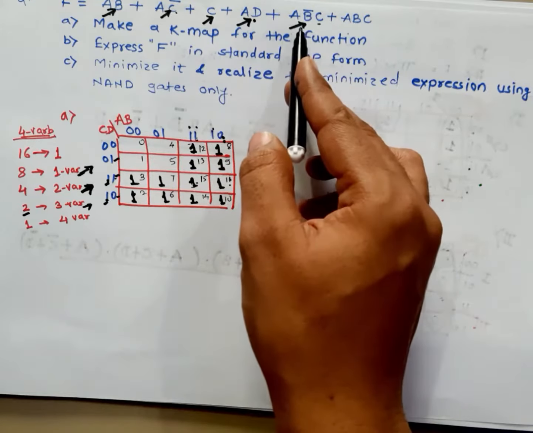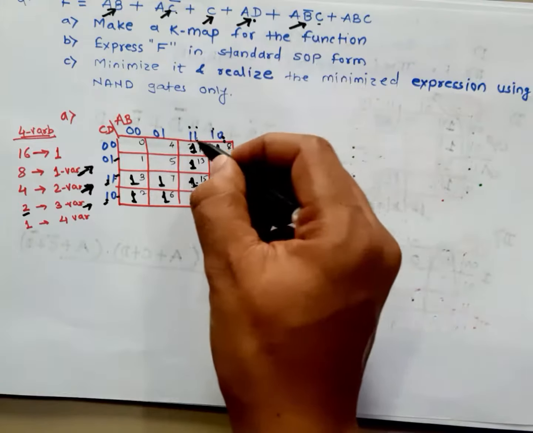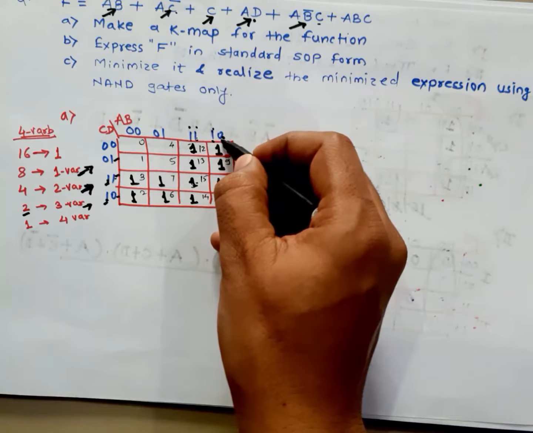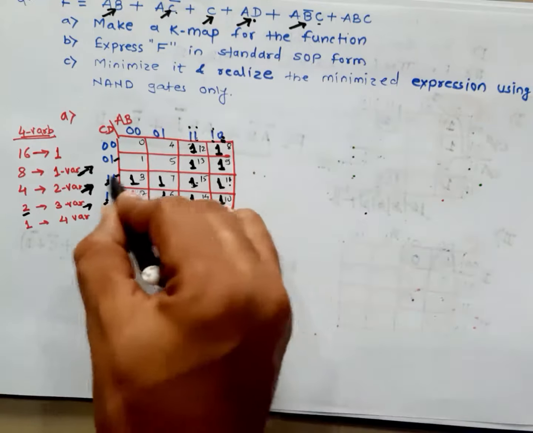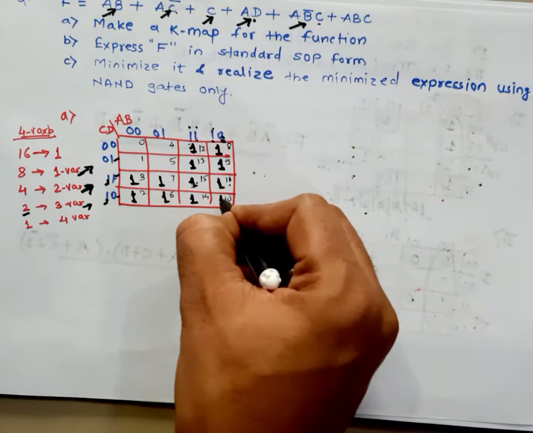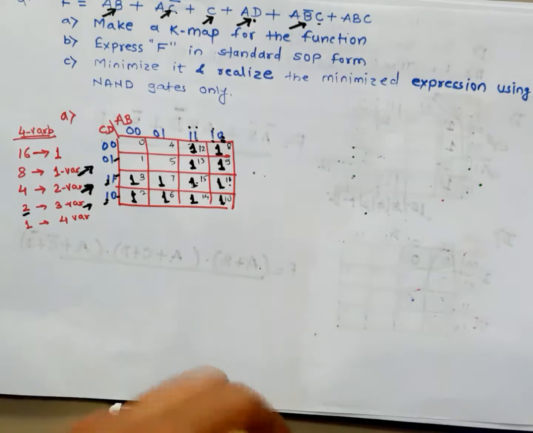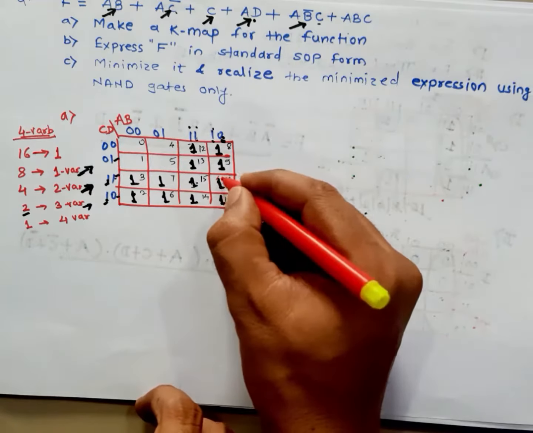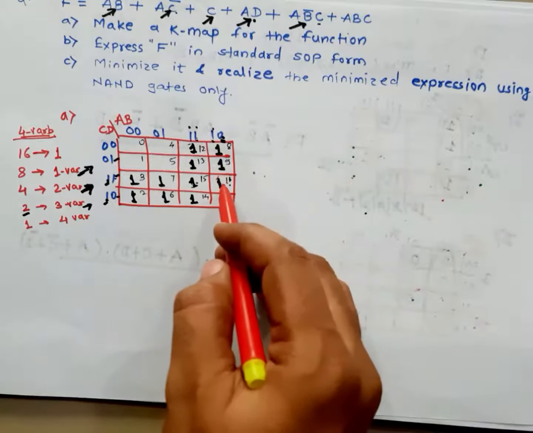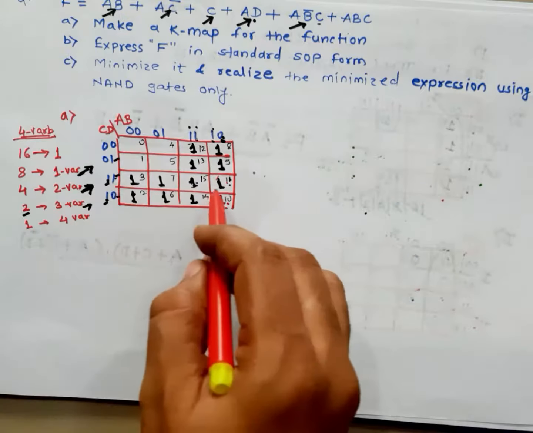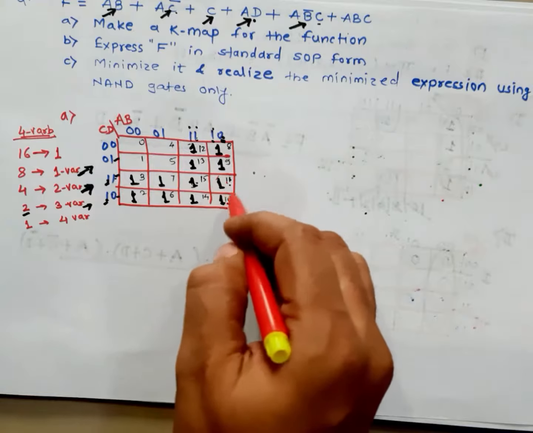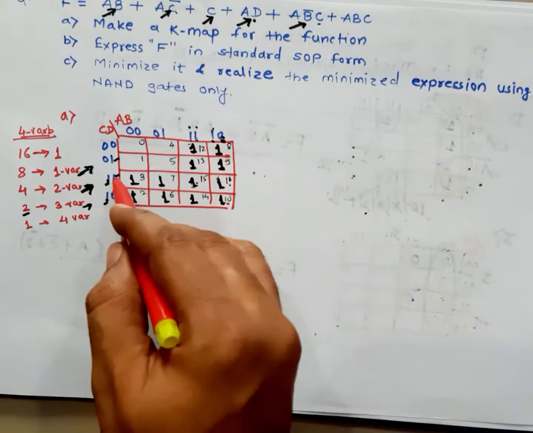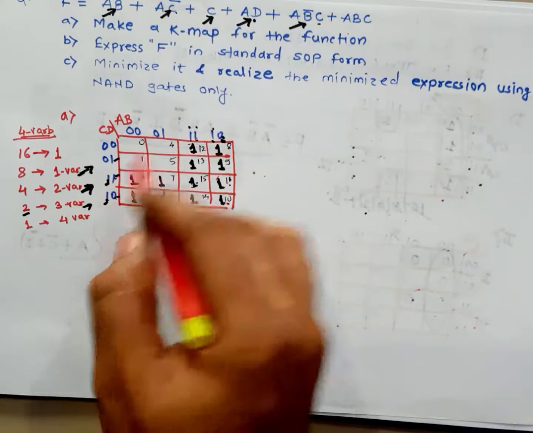Here A and B bar. So we get A into B bar, and C, for these two cases C is this one. So we'll make a group of these 2 cells, 11 and 10. If you make a group of these 2 cells, what will happen? In these 2 cells you will get an answer, like if you make a group of this, so only one column, A into B bar, where D gets eliminated, 1 0, and the C value is this one.